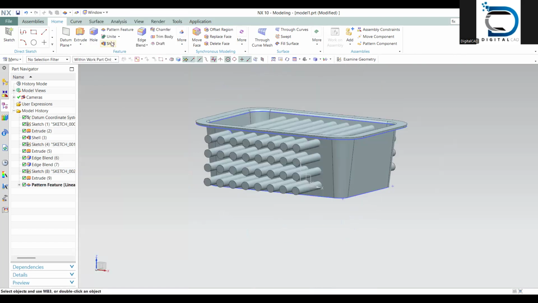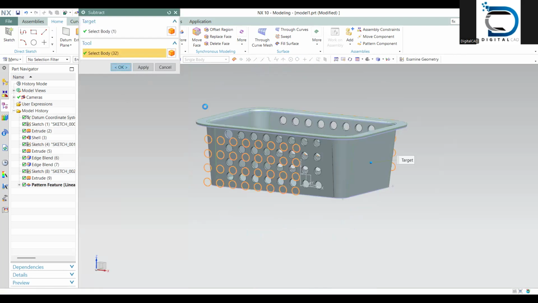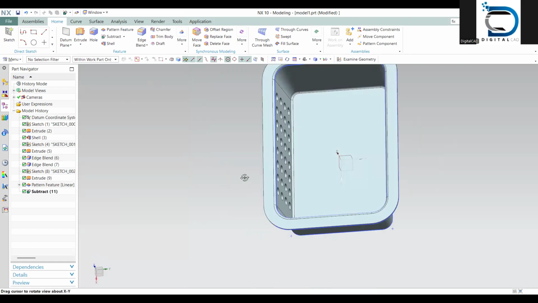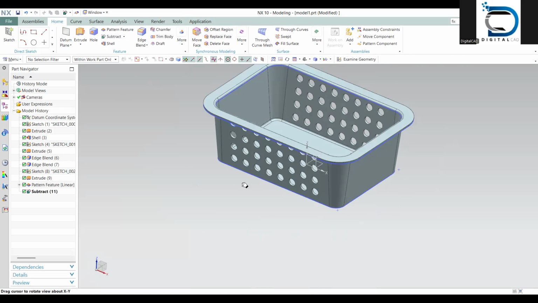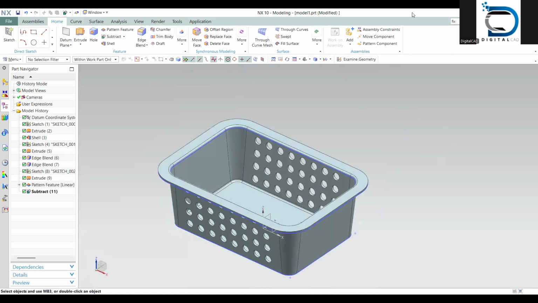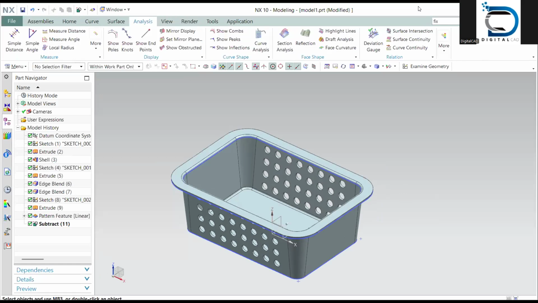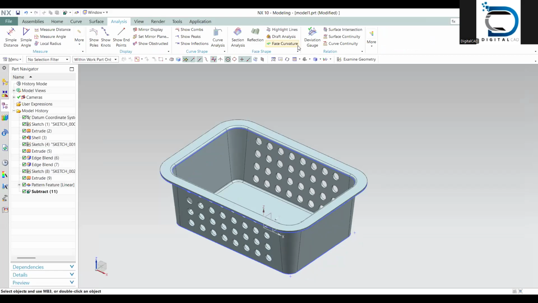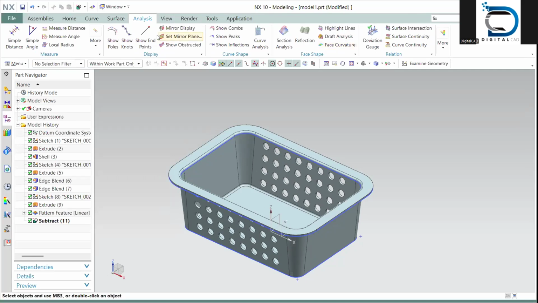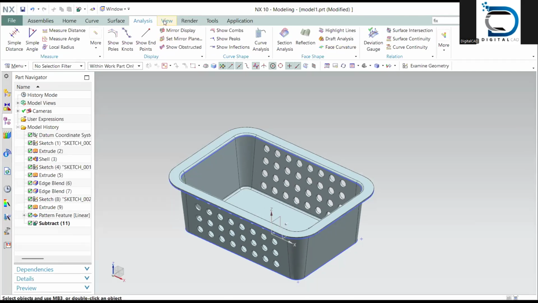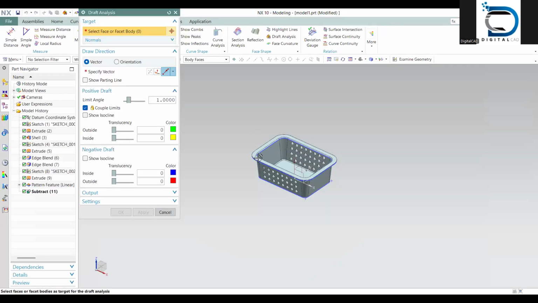Okay, and now I'll directly say subtract from all these. Just say okay. So now you see my box is now ready. If I do analysis, if I do draft analysis, yeah, here it is. And if I pick this face and then pick this as my vector,